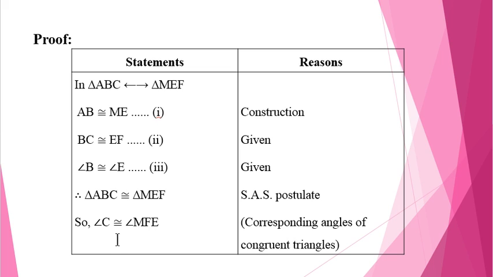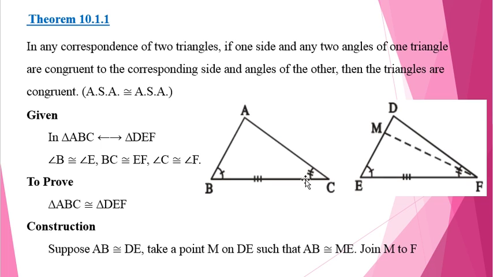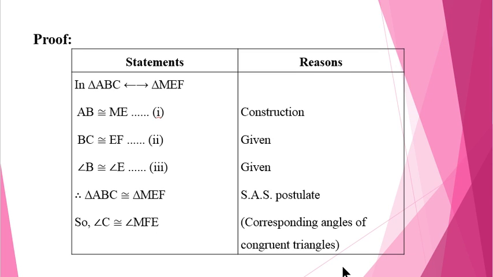Okay. After that he is saying, so the angle C is congruent to the angle MFE. Look over there, angle C is congruent to MFE, the smaller angle. You are watching it by the dotted line. There is a new angle MFE. Okay, but in the figure it looks smaller than DFE. Okay, what is the reason given there?